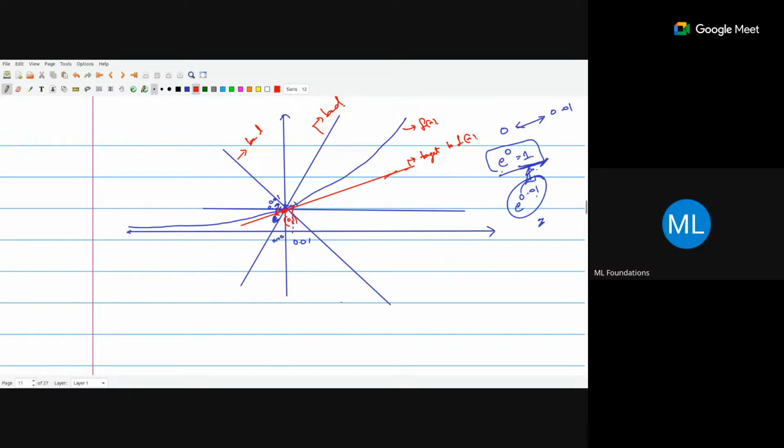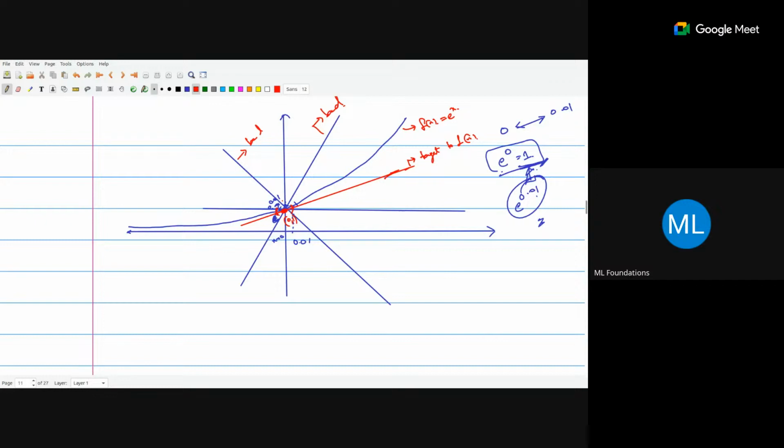I'm not going to get into the slope and everything, but instead what I want you to understand is that this red line which I am showing is the better linear approximation to this blue curve e to the power x at the point x equals 0. From the graph also you can see that around x equals 0, in this interval, the red line is very close to the blue curve. So that is what the linear approximation line means.